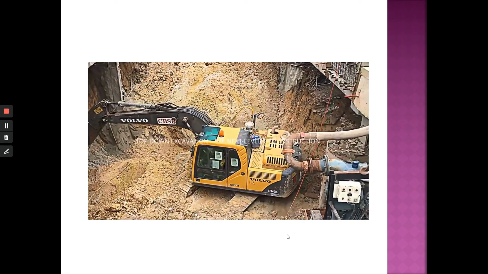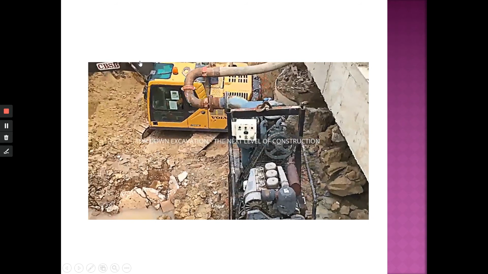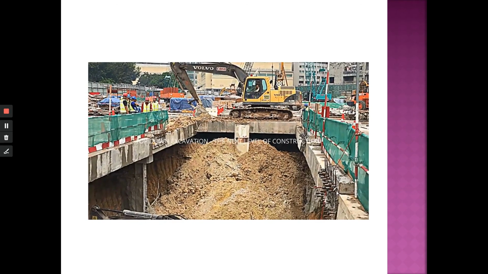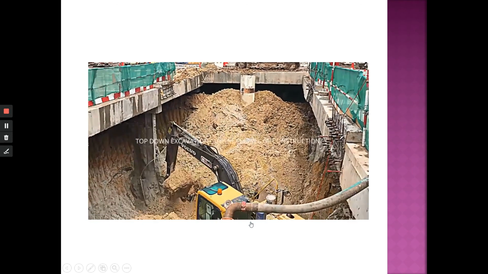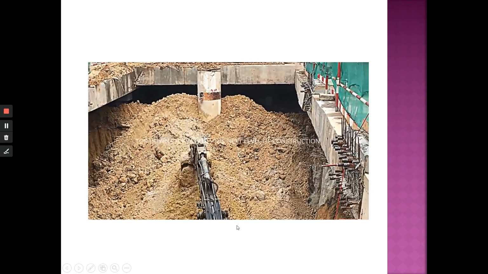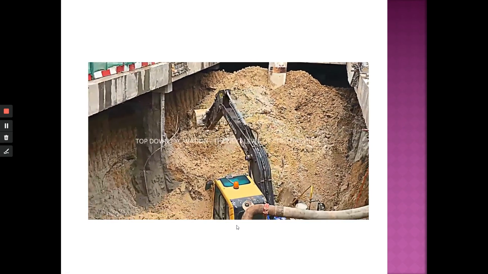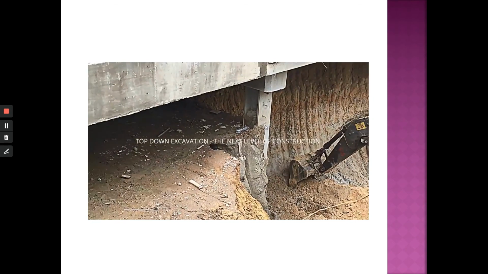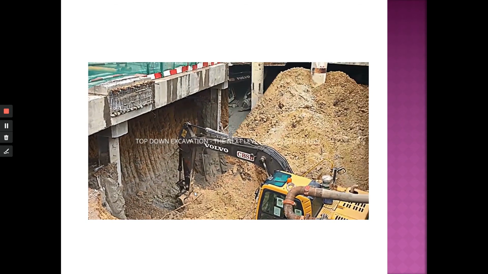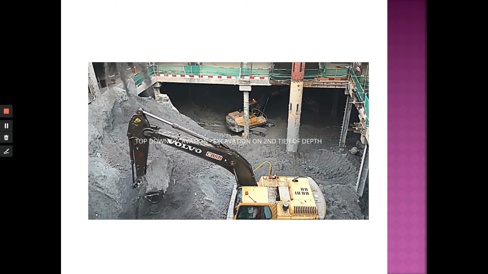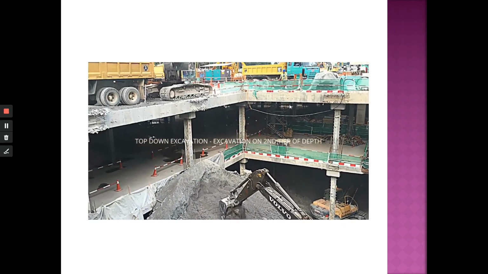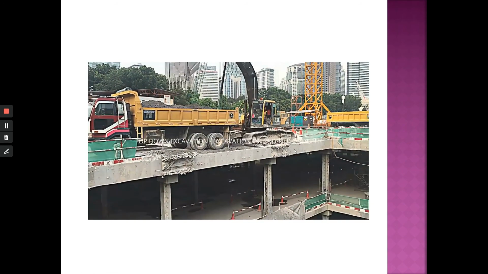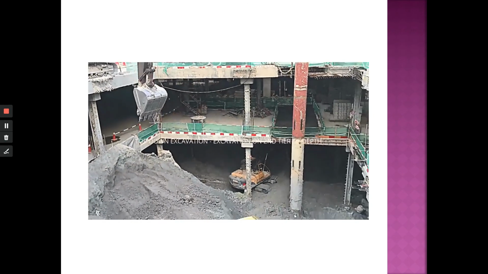How far along is this? This is at the center. Can you see it's open? It's open, can you see? So now they are doing excavation here. That's the pre-founded column. They use steel columns. Can you see this? How many levels deep is it now? The first, second, the third, second tier of depth.